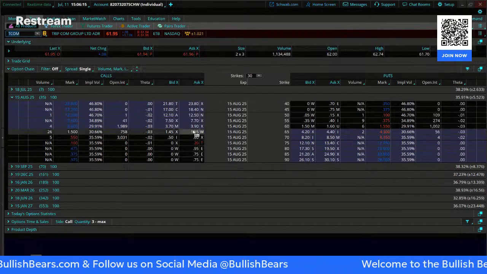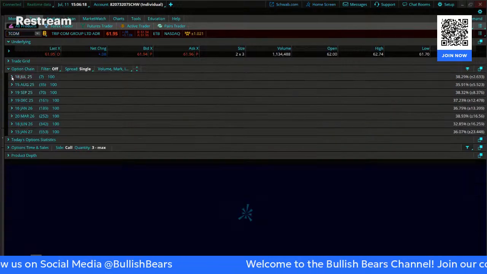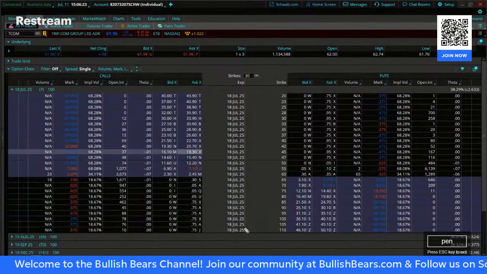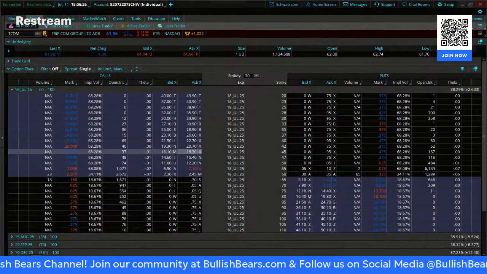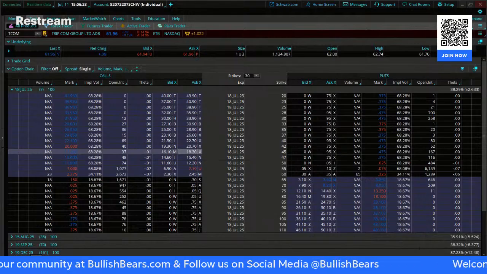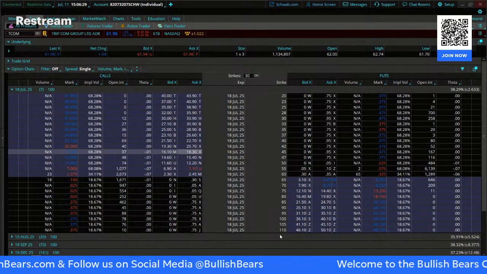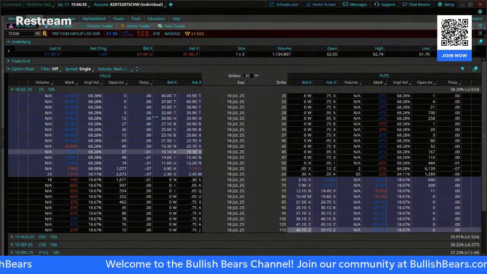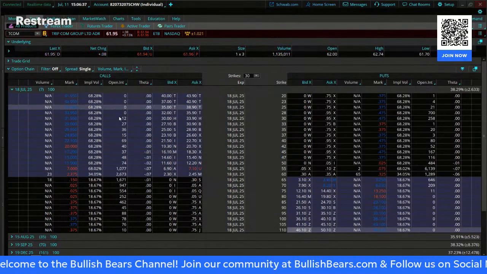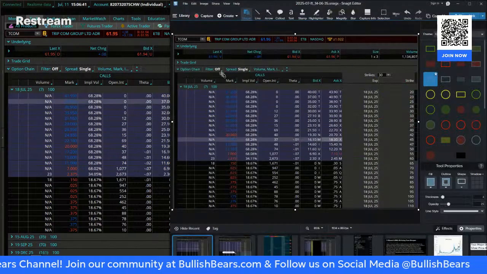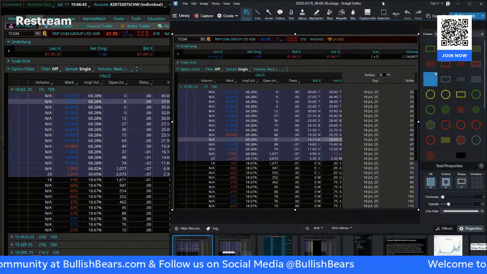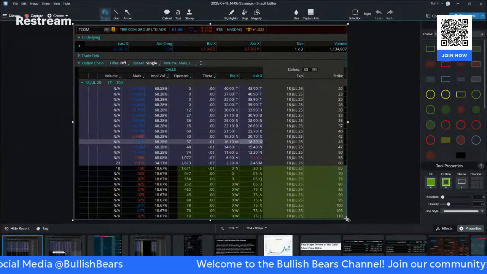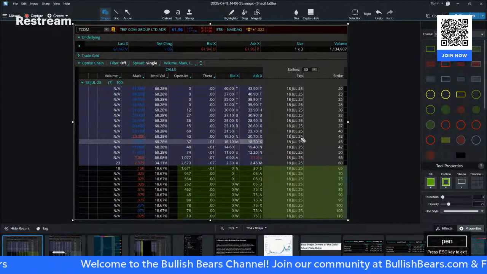But if we look at this one, TCOM, we can see what bag holders look like. And I always love pointing this out because I have people that ask, "How did you know they're bag holders? What's your tell here?" And it's a pretty easy thing to spot. So just grab a screenshot here and we'll just focus on the calls. These options are going to expire in 7 days and we have a lot of bag holders. So to show where those bag holders are and what they look like, it's all of these strikes down here.